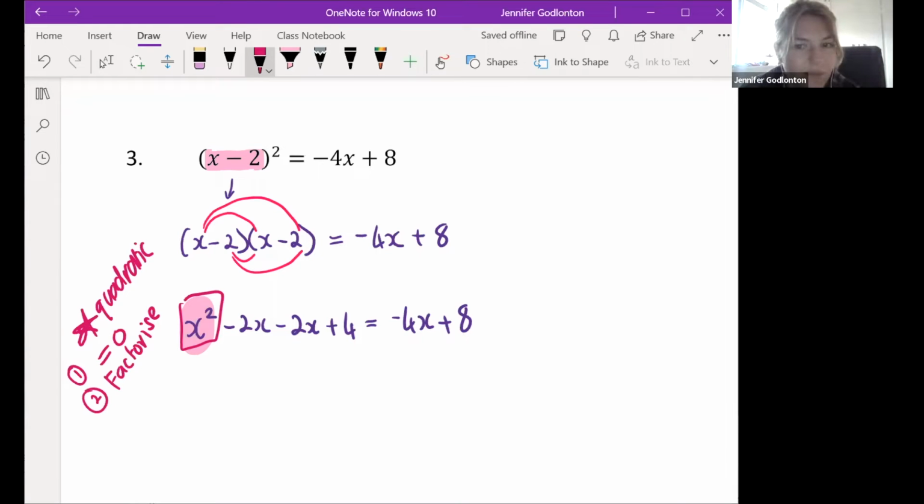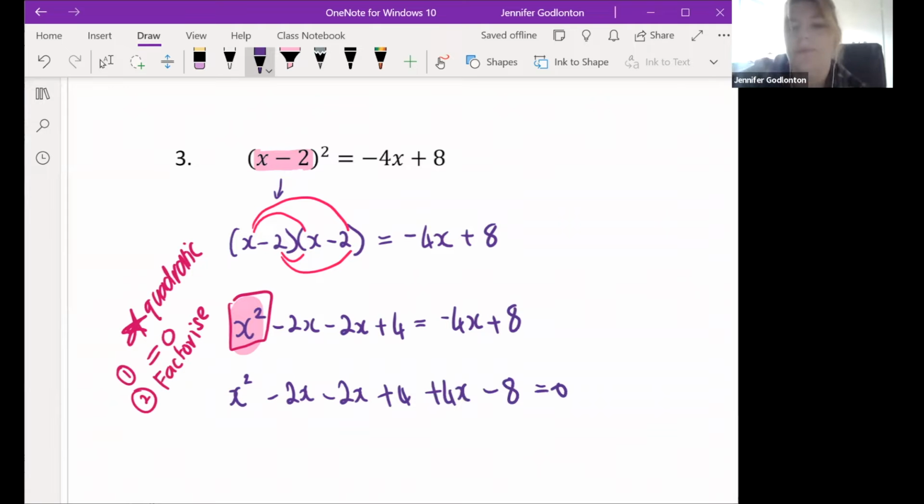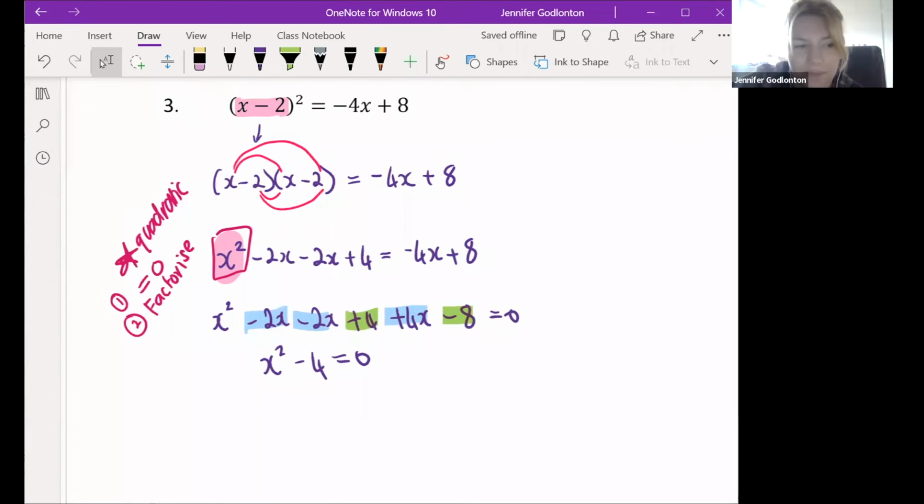Sorry, ma'am, can I solve it from here? Yeah, sure. Okay, so I'm guessing we take the negative 4x plus 8 and put it on the other side of the equal sign, and then that would equal 0. And then the minus 2x plus the 4x is going to give us nothing. Good. And then the plus 4 minus 8 is going to be negative 4. So then I'm guessing we'd have to factorize x squared minus 4,